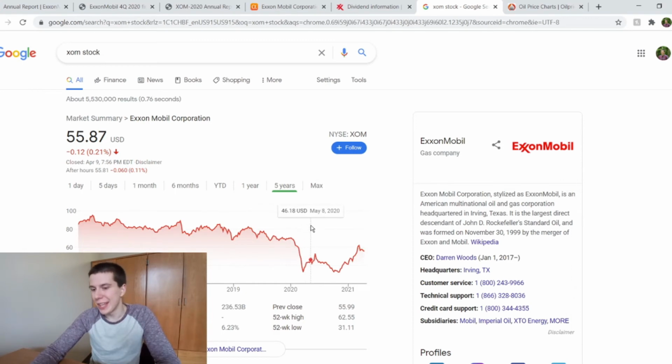But just looking at a longer term chart, you can see even before the crash, they were still kind of dwindling down over the previous 4 years before the crash last March. They were down about 18%. So the stock price chart doesn't look that great, but I think they are poised for a bit of a recovery